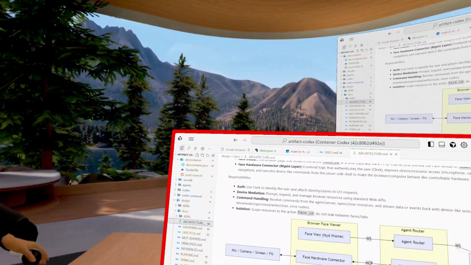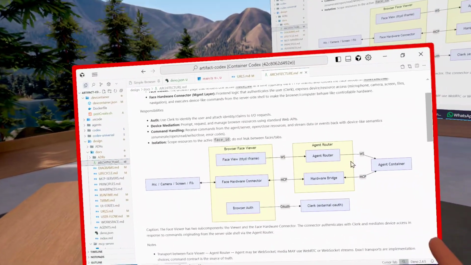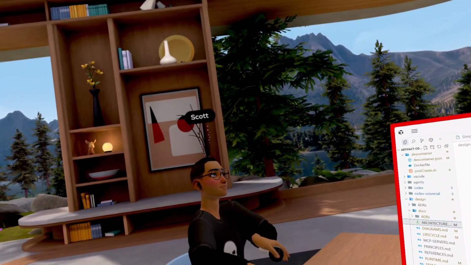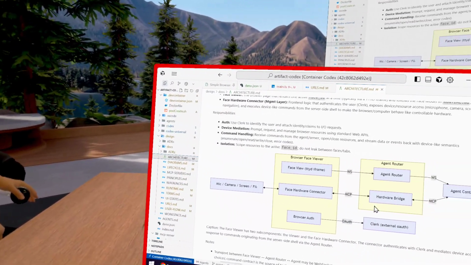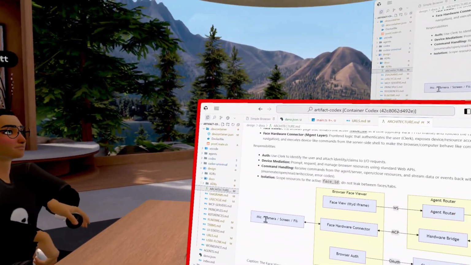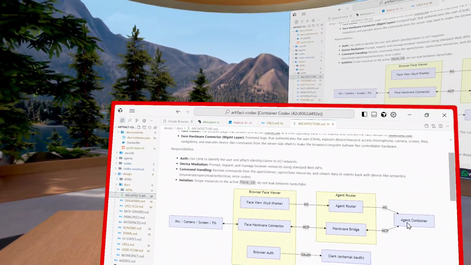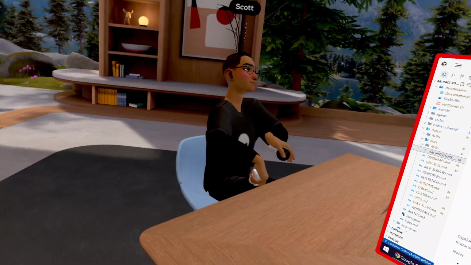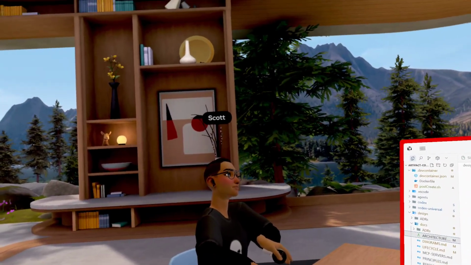If you want to stream your video in, you can't do that on SSH, right? But with this hardware connector, you can stream your real-time audio into the agent, and to the agent it looks like a sound card on the container.